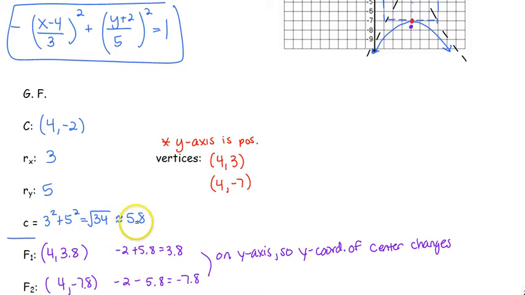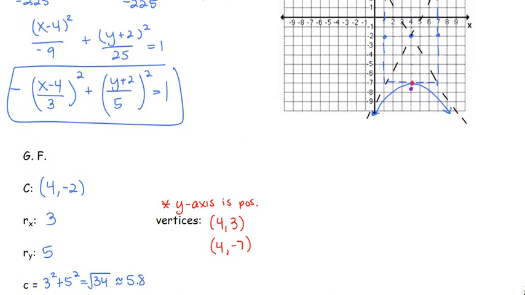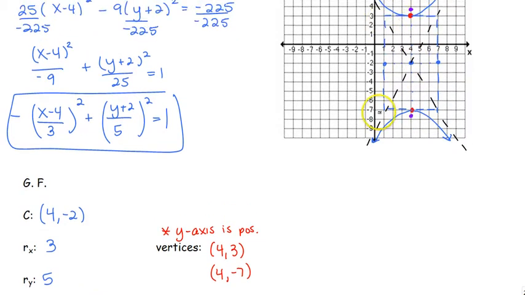on our graph. So what we know right now at our graph we can start with is our center at (4, negative 2). Then we can plot our r of x going right 3 and left 3. And our r of y going up 5 and down 5. I would then go ahead and connect those 4 points to create that box. So after the center, the r of x and the r of y, I would start by plotting that before I move on. Once we have our box, we connect them with our imaginary line of our asymptotes with a